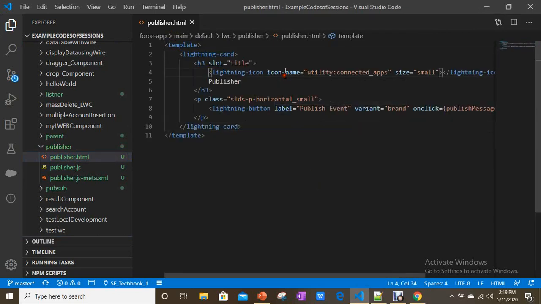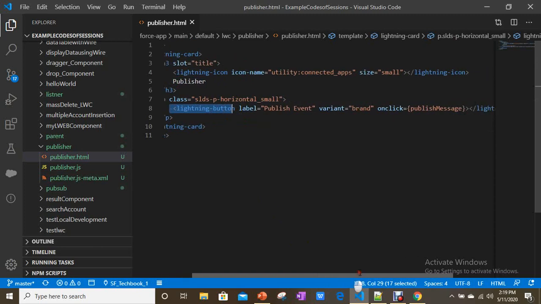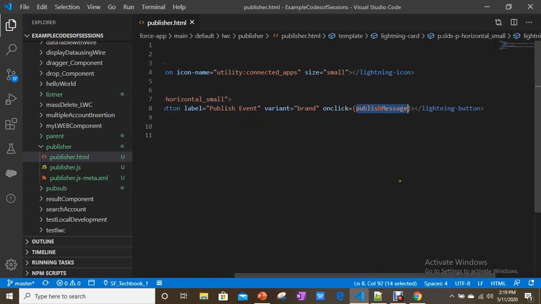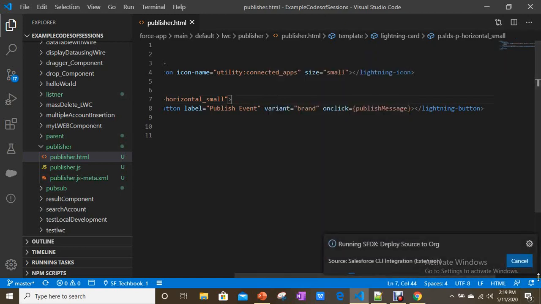If you see here, I have a title publisher and one button, lightning button, publish event. So on click, the publish message method will be invoked. Let's see.